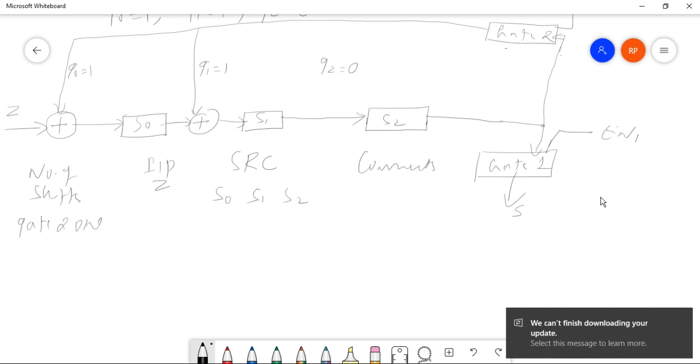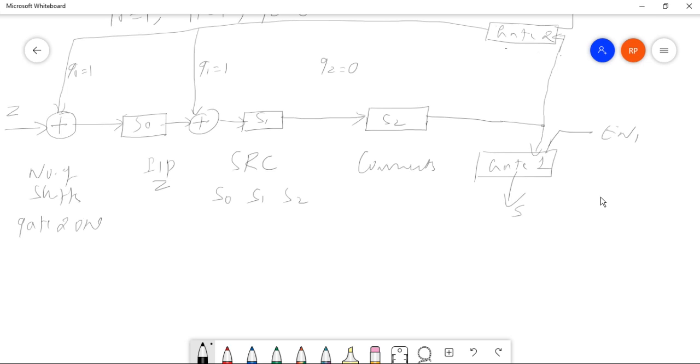Gate 2 will be on. Gate 1 will be up. Gate 2 will be on because we have to calculate. Gate 1 will be on only when we finally calculate everything, right? So that's why gate 2 will be on here. As we know, initially the contents of these will always be zeros. So you can write here, or add a comment, that the shift register contents are clear. So it is at gate 2.